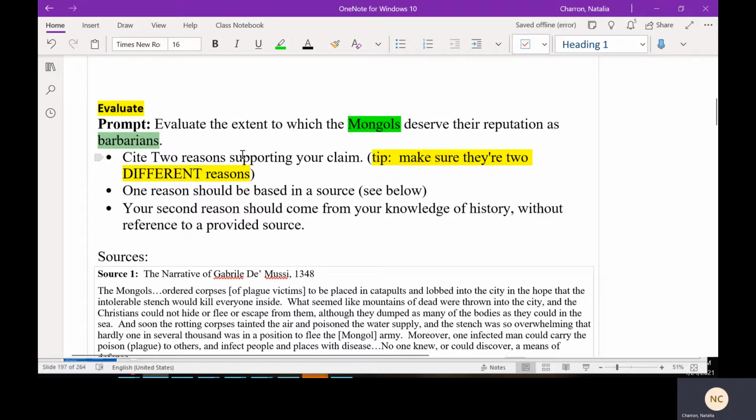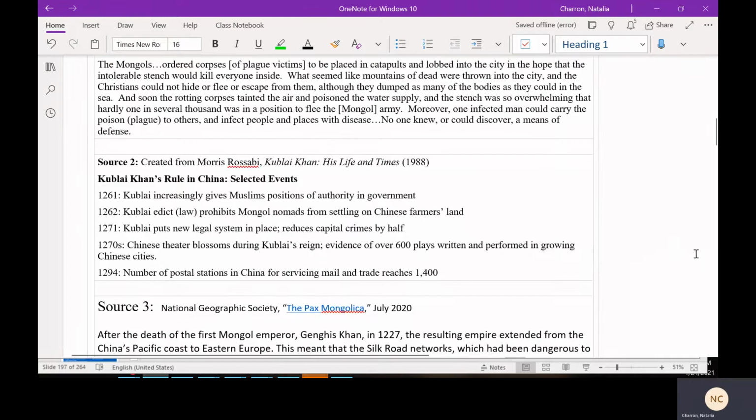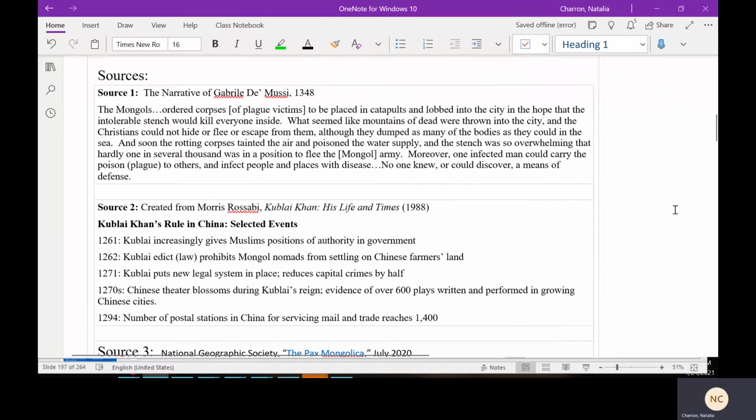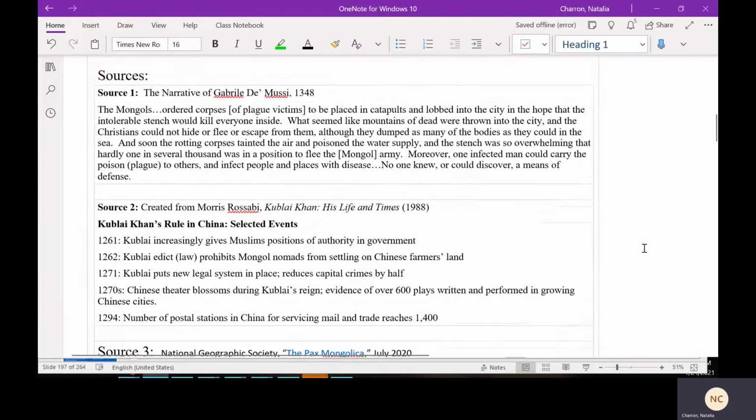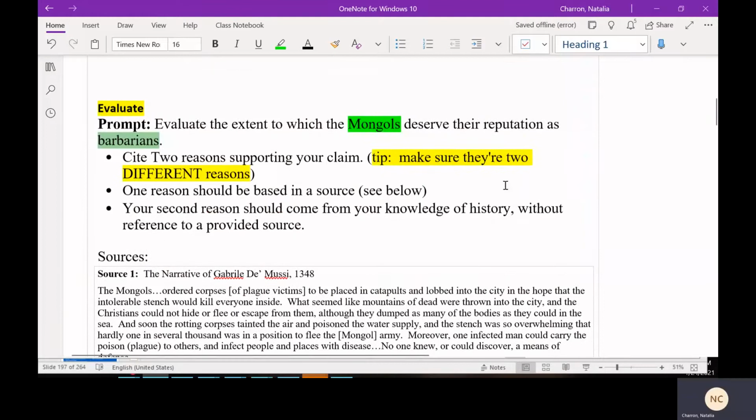In your free responses, you'll be asked to cite 2 reasons for your claim, because a claim without reasons is kind of worthless. It helps to have 2 completely different reasons in support of your claim, or you're going to run into the problem of being really repetitive and losing points that way. One reason should be based on a source, so you'll always have several provided sources. All of them can be used to answer the prompt in one way or another. So pick one, pick the one you understand best, and use that as the basis for the first paragraph of